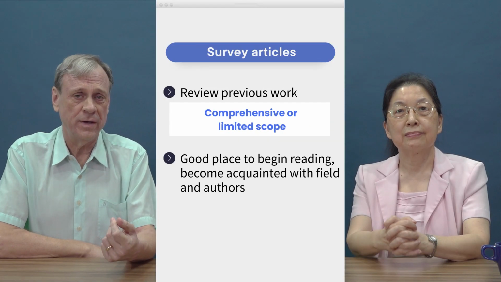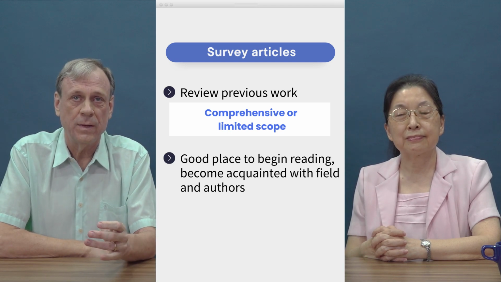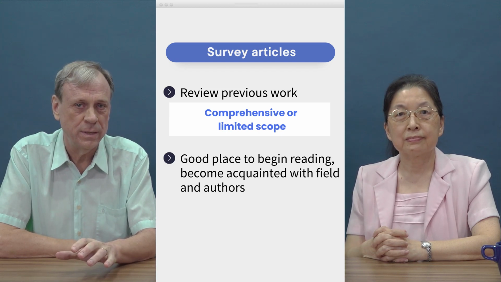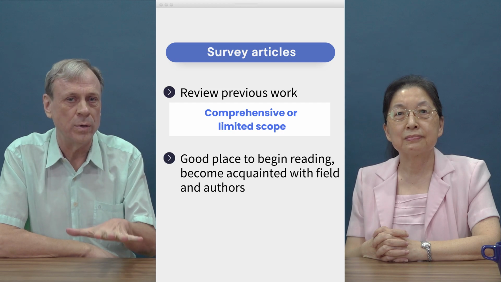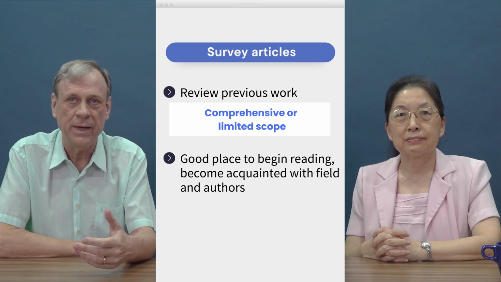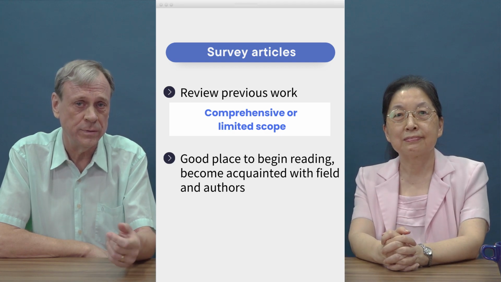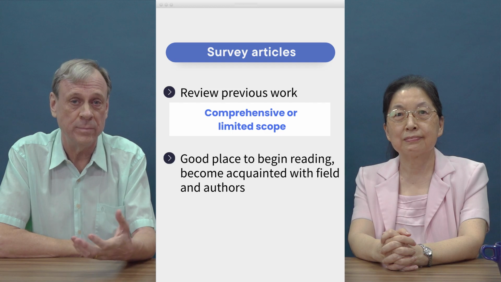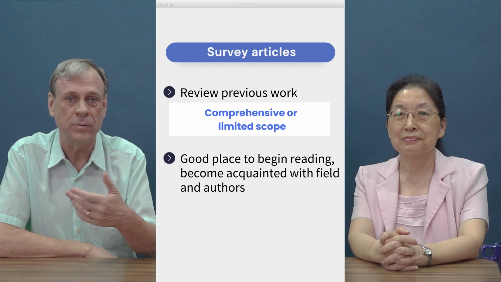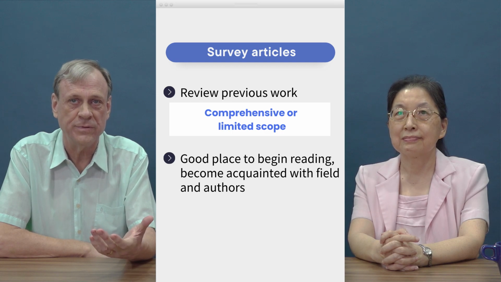This is similar in survey articles. Survey articles usually will say in this review. And they review previous work. This is different from primary or secondary research because they don't do any new work of their own. They simply review what's been done, evaluate, compare, and it's actually a very good place to begin reading about a field because it covers a lot of the material and it's much faster to read a review article than to read all 20 or 30 or 100 of those articles that it talks about in that review article.